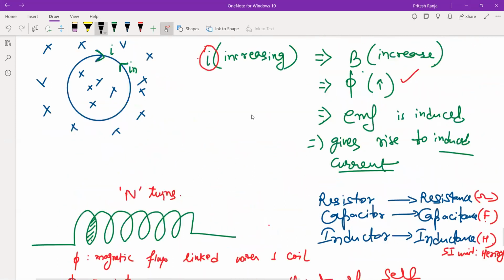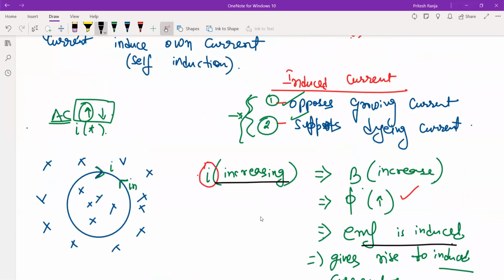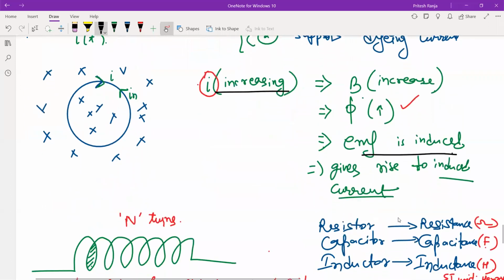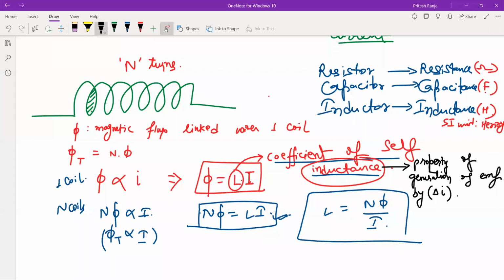इस केस में जब करंट इंक्रीज हो रहा है तो भी ईएमएफ इंड्यूस हो रहा है, करंट डिक्रीज होगा तो भी ईएमएफ इंड्यूस होगा, although the direction is different. So what is inductance? It is the property of generation of EMF by change in current. Well, we can also write the unit. इसका यूनिट क्या है फ्लक्स का? वीबर. करंट का एम्पियर. सो इसका यूनिट वीबर पर एम्पियर भी हो सकता है, and this is only 1 Henry.